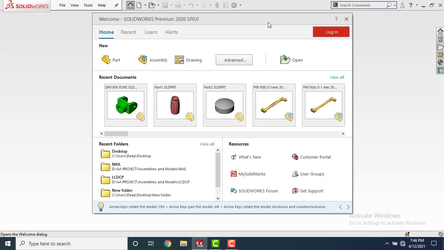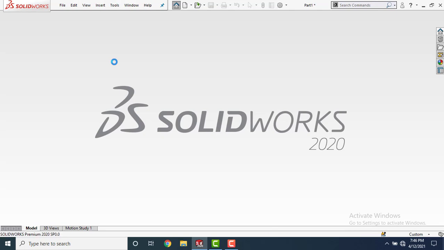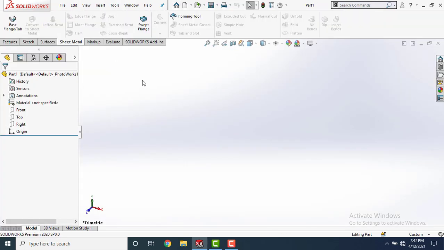To make a new model, simply click on Part in the New category. This will open a separate new document, and this is how the SolidWorks user interface looks. The SolidWorks user interface is divided into 6 different sections.